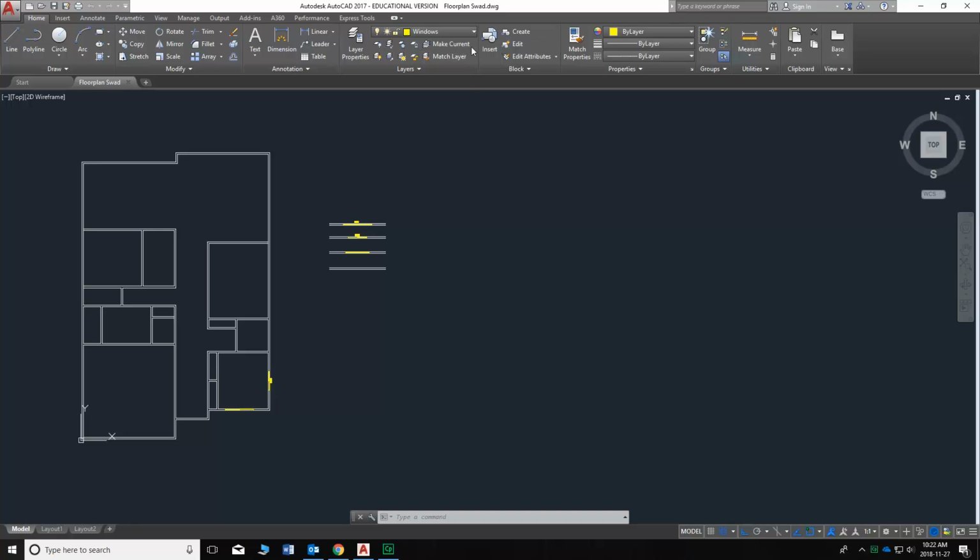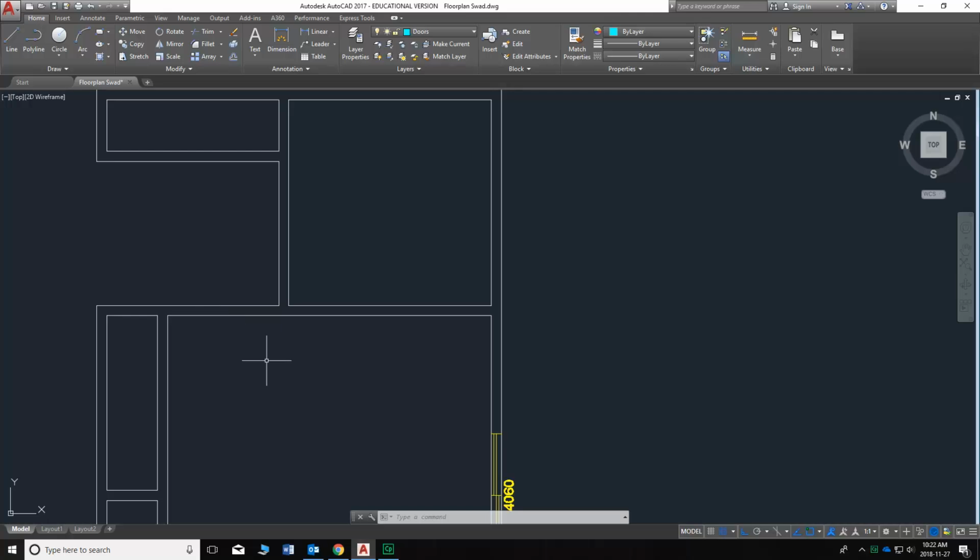So the first thing with doors is we're going to go up to the top layers and select our door layer. I'm going to start by creating a door down here that leads into this bedroom. So my door is going to swing into the bedroom up against this closet wall. This closet is going to be accessed